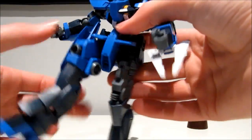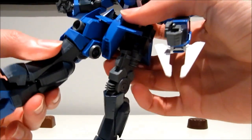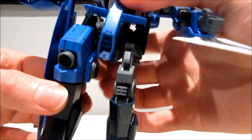And the legs go forwards by that far. Unfortunately, these things still do not move. They are just molded in place and you cannot move them. And they do hinder the movement because, as you can see, the legs are pretty massive. Also, these pieces do really like to come off,